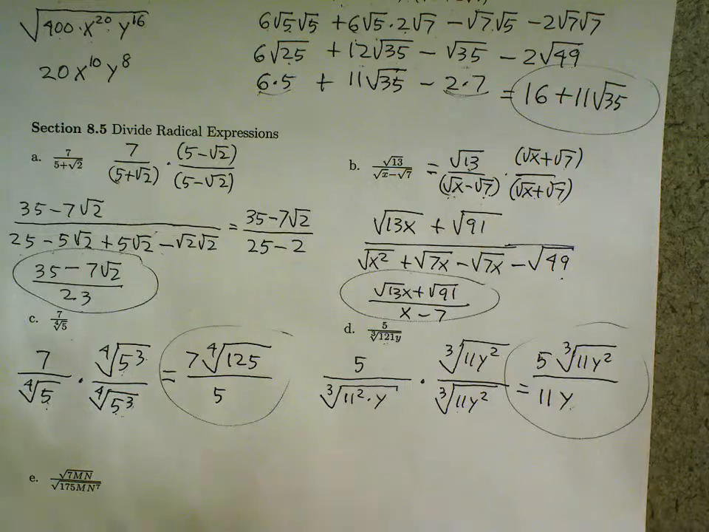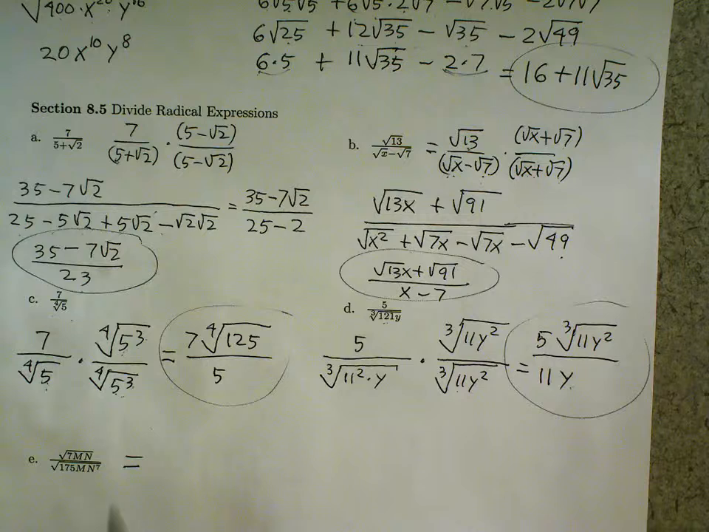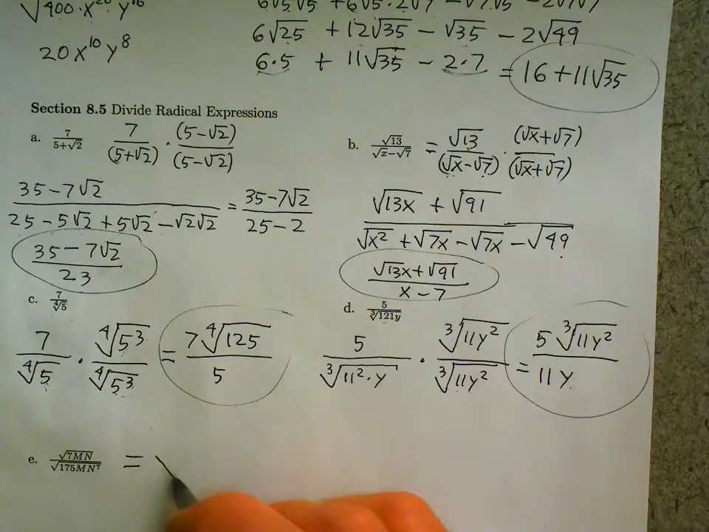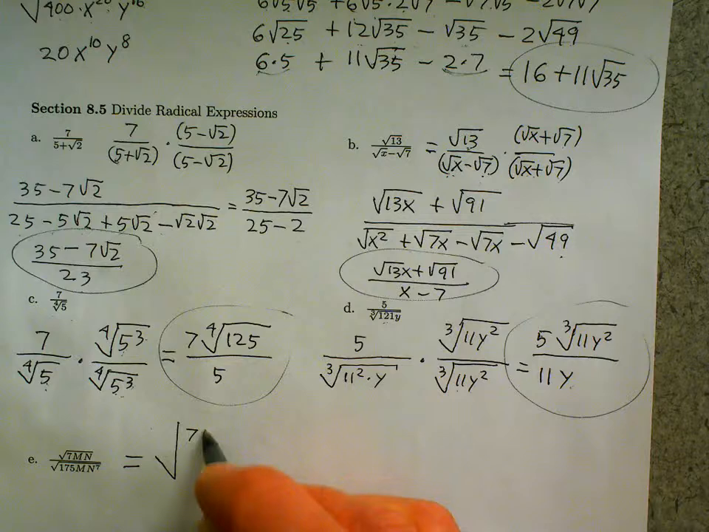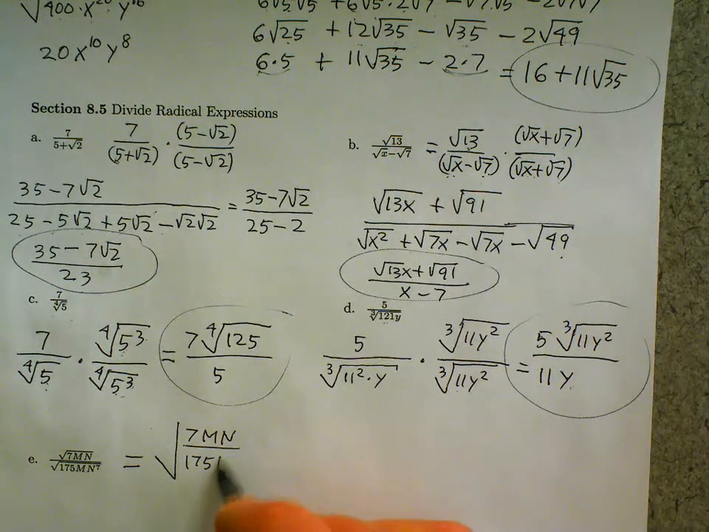Okay, on the next one, well, there's a hard way and an easy way to do this one. Notice that in the numerator, inside the square root, we have a factor of 7. But notice that 175 is equal to 7 times 25. And we also have a common factor of m in the numerator and denominator, and one factor of n that's common. So this time, if we write it as a single square root, the square root of 7mn over 175 mn to the 7th,